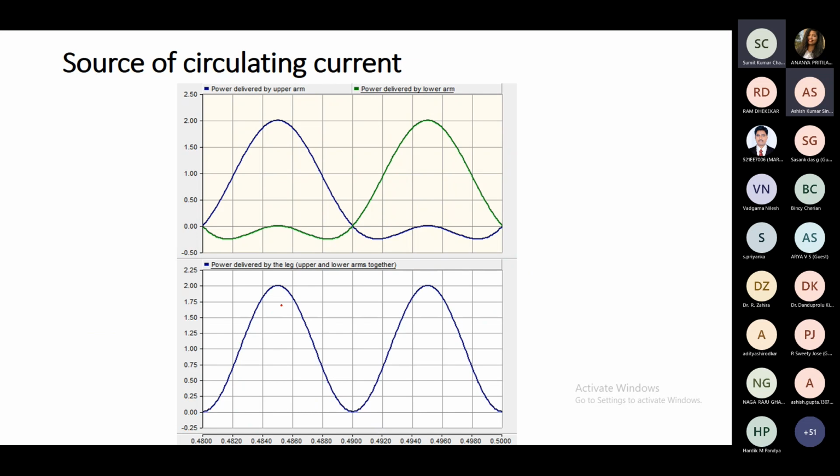You see in an arm, always as a whole, the upper arm capacitor and lower arm capacitor together, the total leg is always discharging, whether it is positive cycle or negative cycle. And that discharge is having a second harmonic ripple. And those second harmonic ripples are also phase shifted by 120 degrees between the phases. And that causes the circulating current. And by adding a suitable voltage, we nullify it.